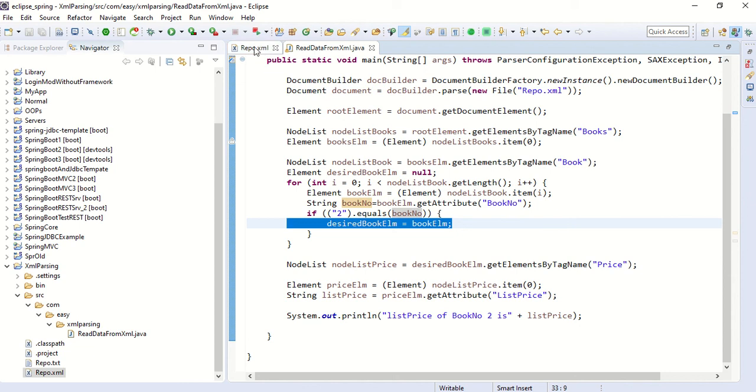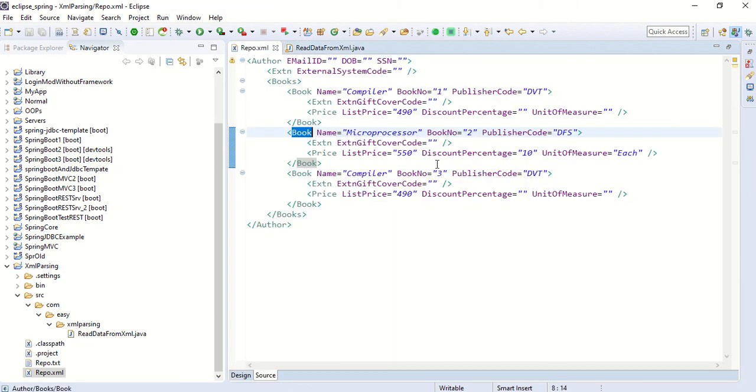Our objective was to get the price of book number 2. To get the price, we need to reach here. There are three book elements, so how do I reach this one?